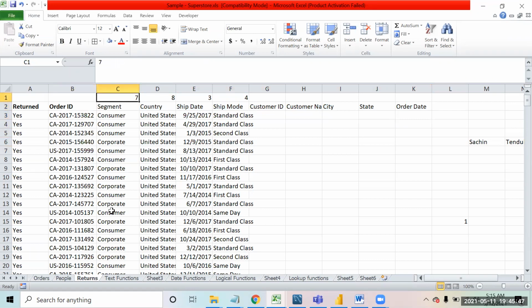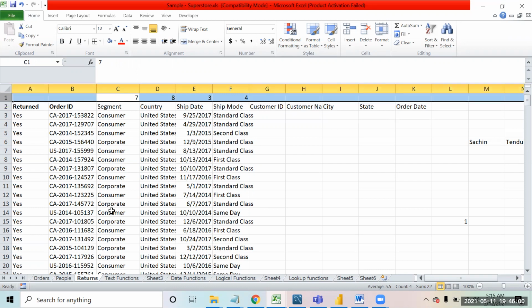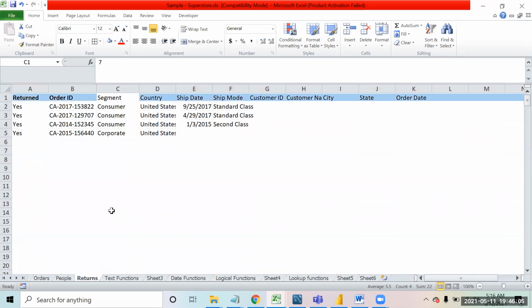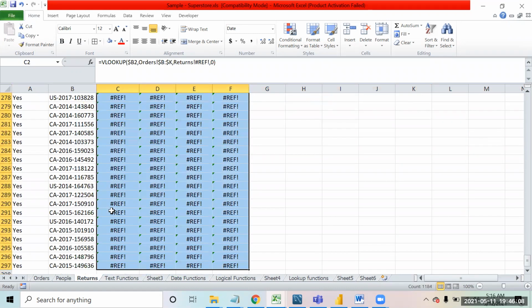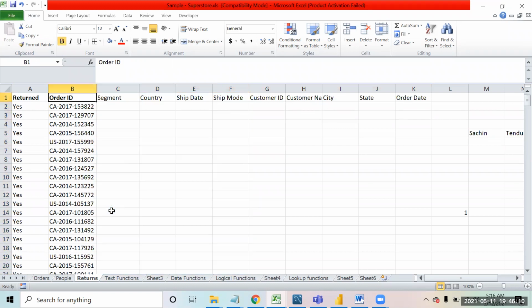See, one way we discussed yesterday is that you can put the column numbers at the top. But this is not an efficient way, right? Because you are somewhere disturbing or manipulating the structure of the data. When you are adding an additional row, you are disturbing the main structure of the data. So without having this column, can you think of a dynamic formula so that for each order ID the output comes in the same sequence? Like I should get segment, then country, then ship date, then ship mode, and so on. Please try this.